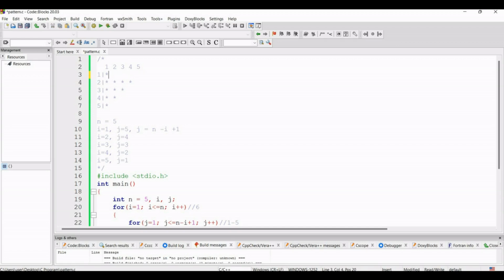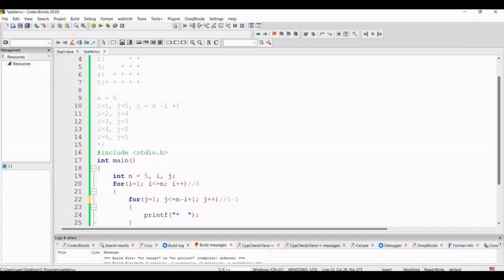So in the first line the pattern will be over there. Suppose this is the pattern we have to print. At that time, what should we do to print this pattern? Here you can see in the first line I am printing 1 star, in the second line I am printing 2 stars, in the third line I am printing 3 stars. But here we have to give a gap.